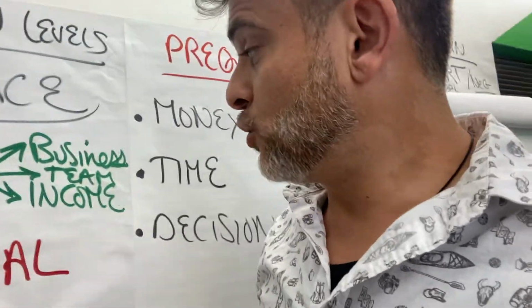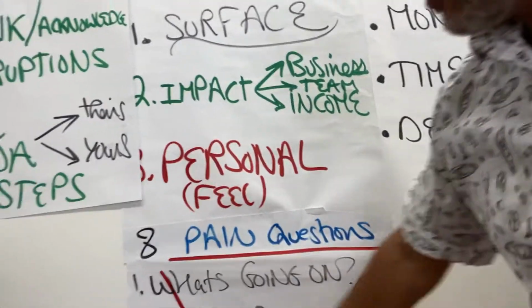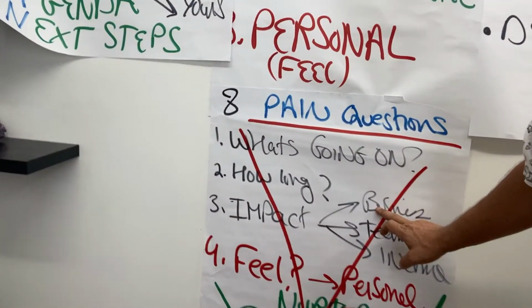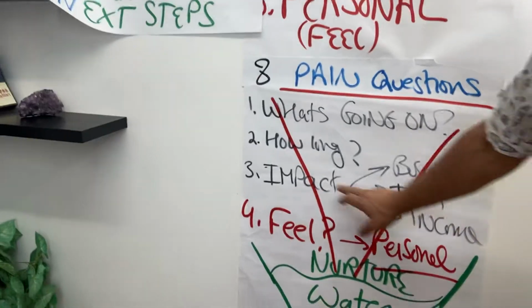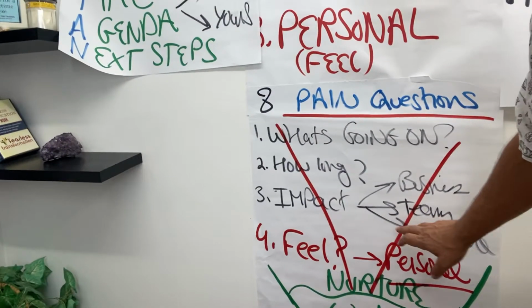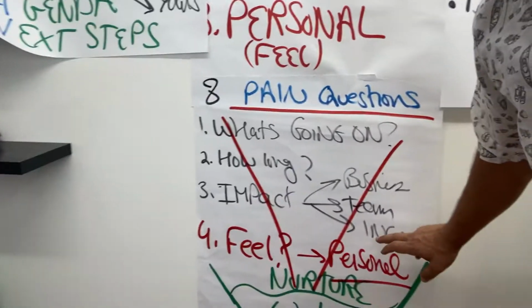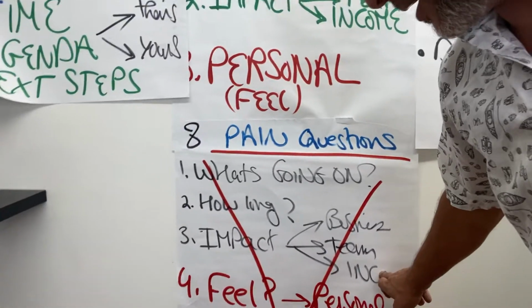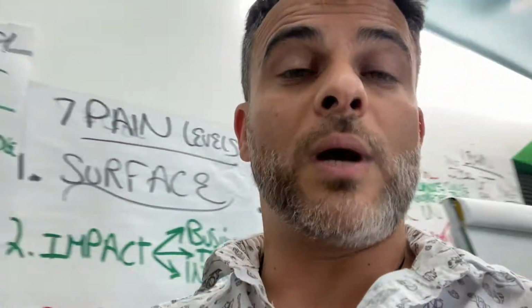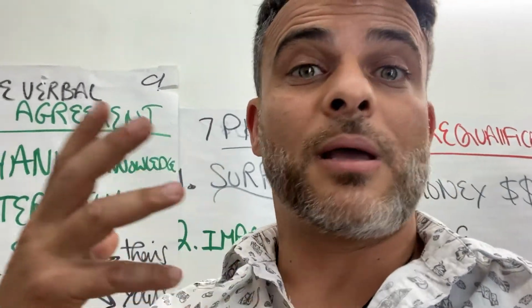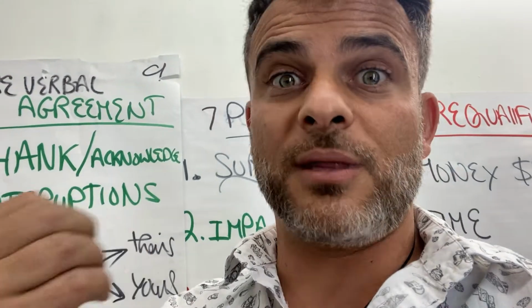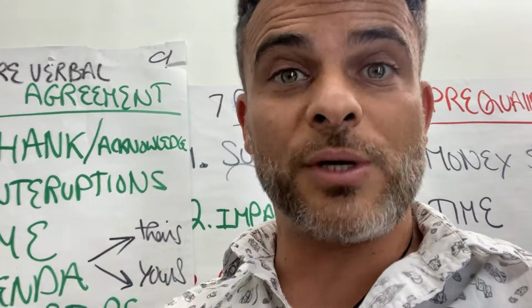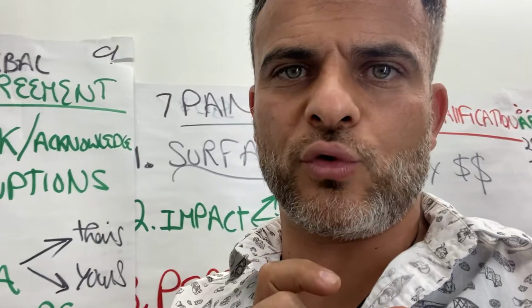After that, what kind of questions would you use in the pain? So what's going on? How long has this been going on for? And now you're going to the impact. How does that affect your business, the team, money? Is that costing any money? How much is that costing you? And now you go into how do you feel about it towards the end. And once they share with you how they feel, now you tell them, well, that's not unusual. Many of our clients we work with have the same challenges too, right? Now you want to nurture them. Just a quick nurturing statement.